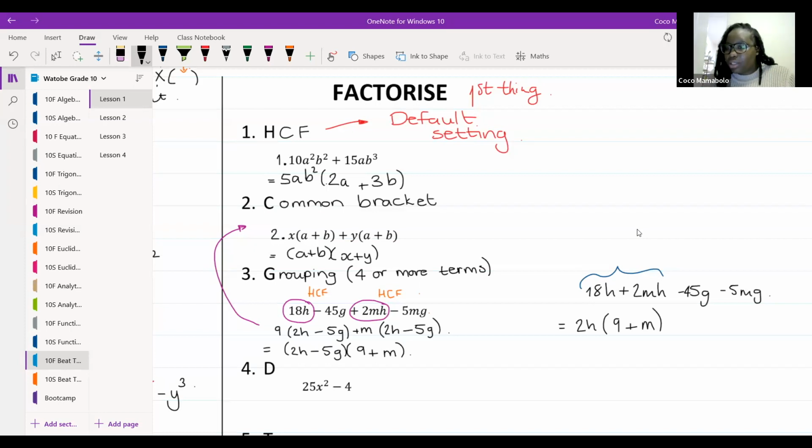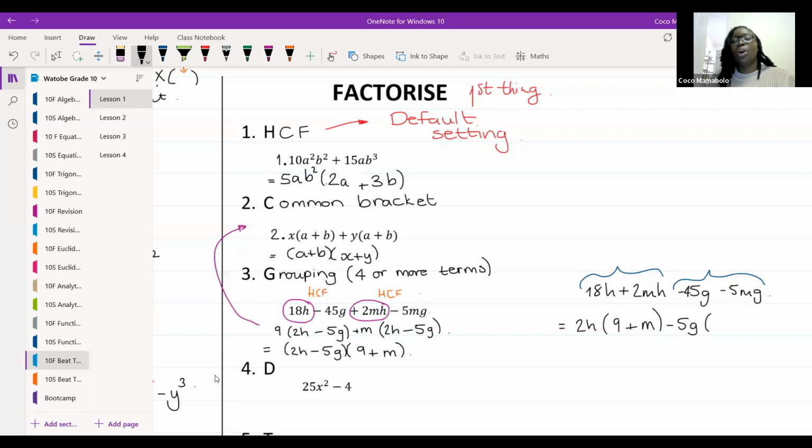Now, what about this one over here? What about these 2 over here? What is common? It's not just 5G, Lundogushe. Be very careful, guys. It's not just 5G. They also have the sign in common. So what are we actually taking out? That's it, Mawande. We're not just taking out plus 5G, we need to take out minus 5G. Good. So if I take out negative 5G